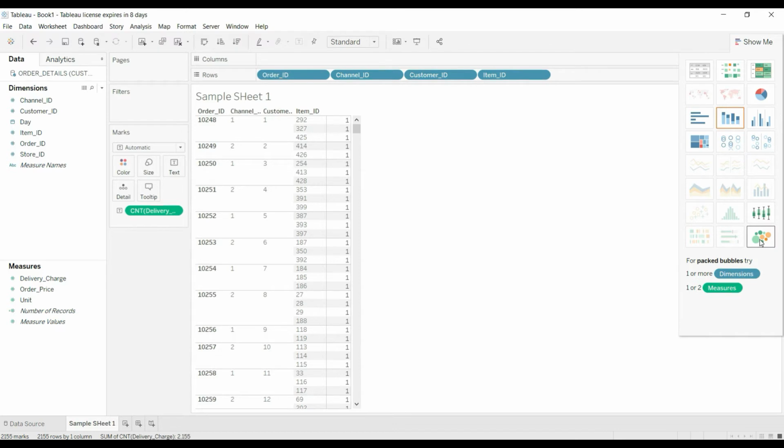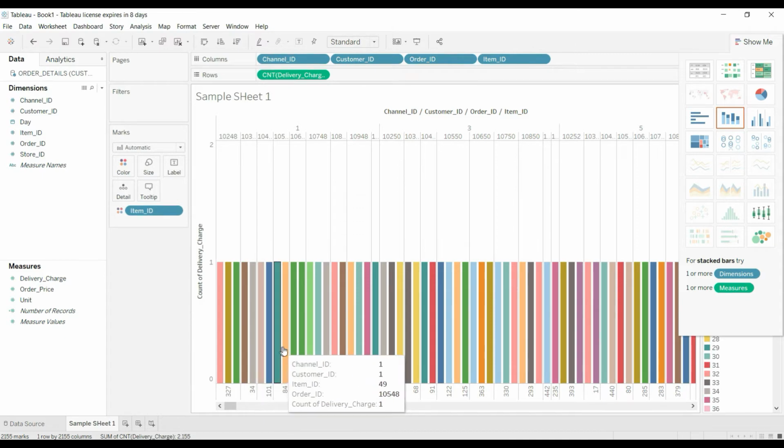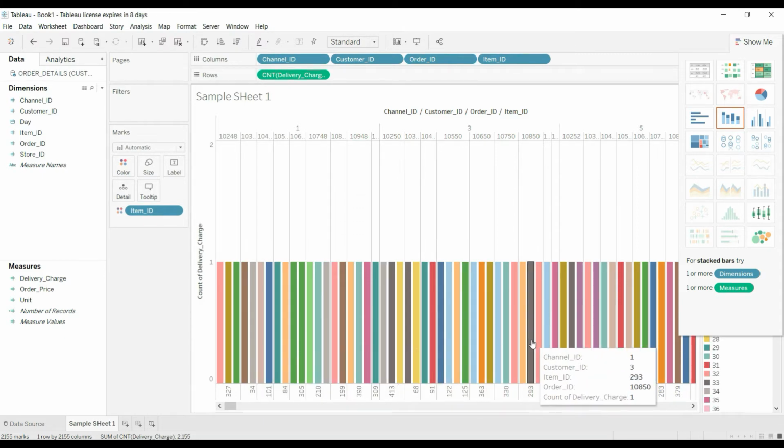When I hover over any graph, it will show like this. So I'm clicking on side by side bars, then it will modify like this. For every category, one color representation will be allocated. When you hover on it, you can see a label, a kind of tooltip, representing the information of that graph.